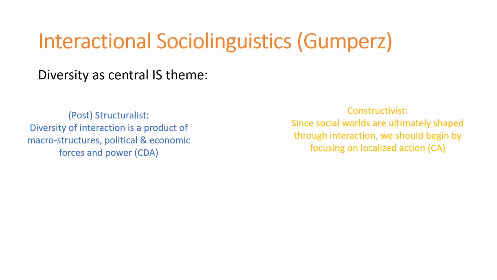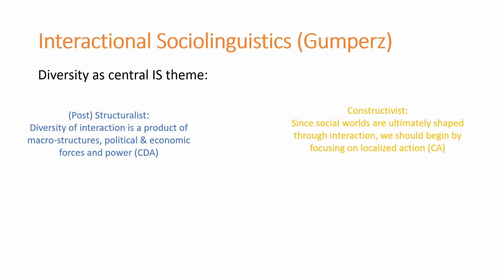This resembles what you might see within a CDA approach, where we're taking a top-down view of society and how things are structured from larger macro structures which influence the micro practices such as discourse. On the other hand, we have the constructivist view of things, which takes a bottom-up approach and starts with the micro, taking the view that since social worlds are shaped from the bottom up through interaction, we should begin looking at diversity by